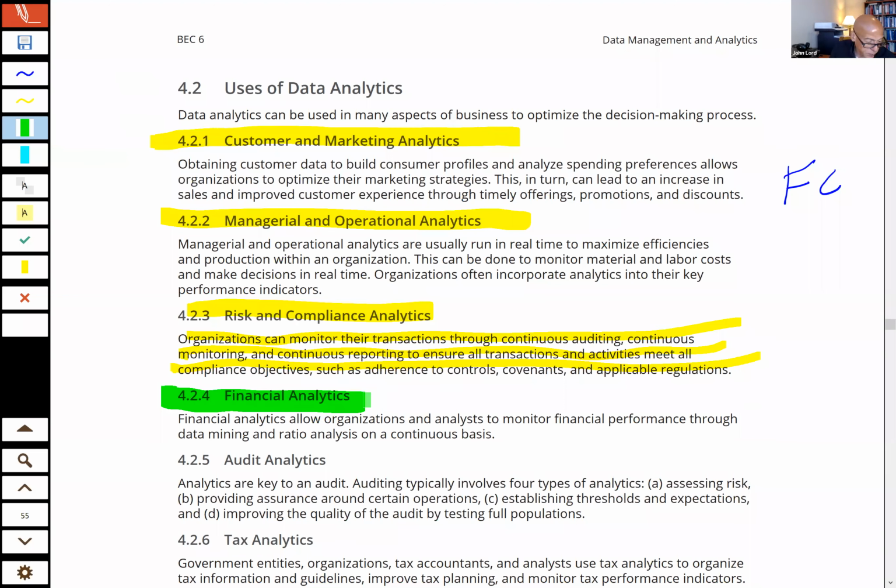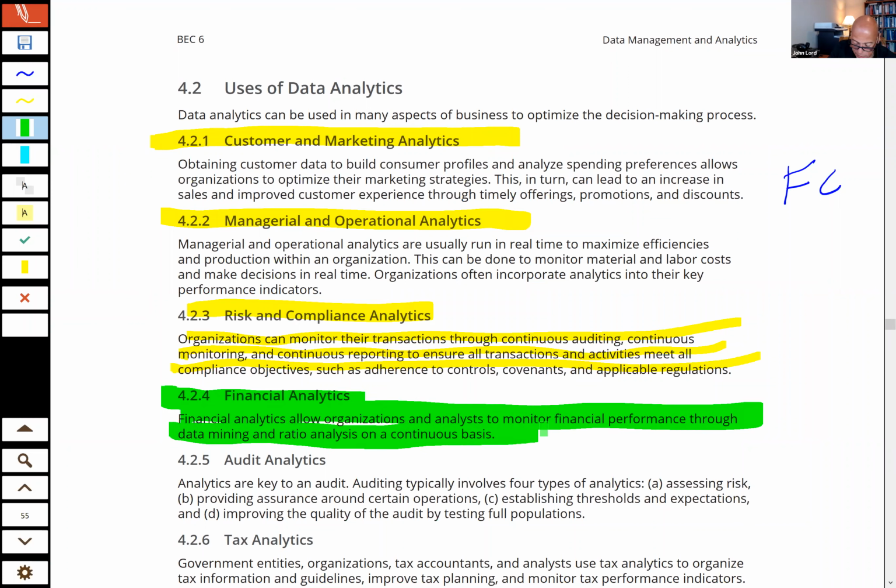Financial analytics, okay, and it obviously is going to allow us to organize transactions, monitor financial performance, right? Ratio analysis that can be done on a continuous basis, okay? Audit analytics, okay, so finally they get into the audit application of this stuff. And so analytics are key to audits, 4 types: assessing risk, providing assurance, establishing thresholds and expectations, and that's really what we do in our audit analytics, and improving the quality of testing by testing full